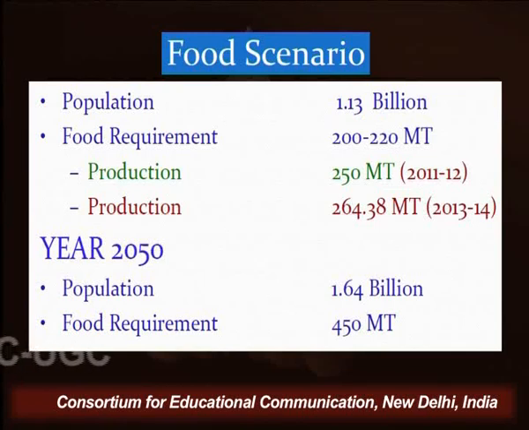In 2013-14, our production was 264 metric tons, and our population was 1.13 billion. What is now predicted is that in the year 2050, our population would be 1.64 billion. Therefore, the food requirement would be 450 metric tons, almost double of what was needed in